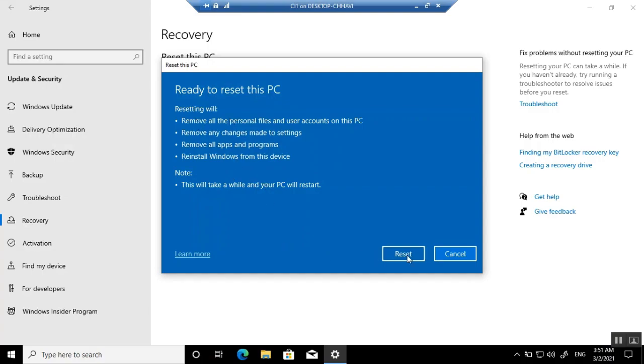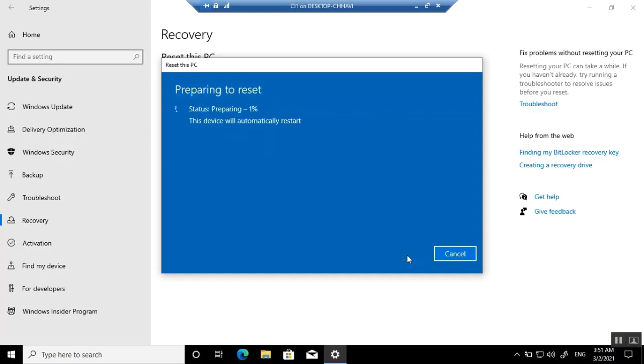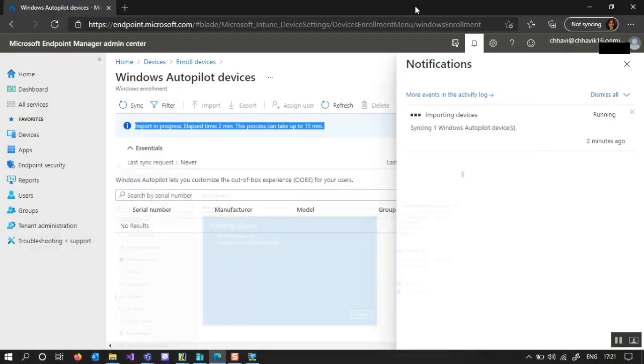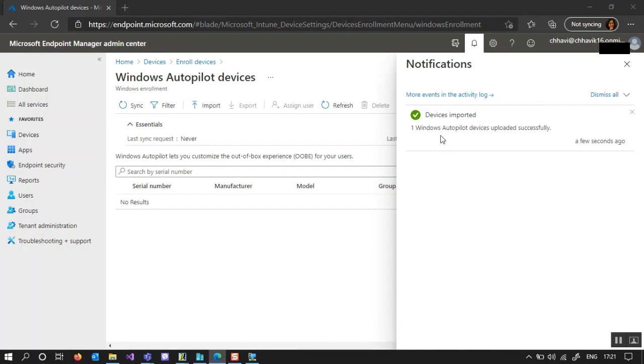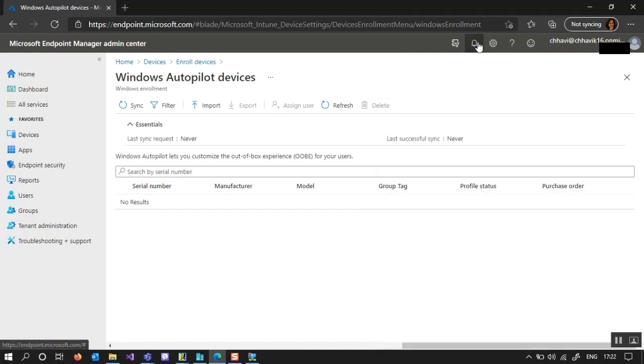Okay, so reset and my machine will go for a restart after this, right? It can take some time. So okay, so guys, as you can observe that one device, one Windows Autopilot device was successfully imported in my Intune